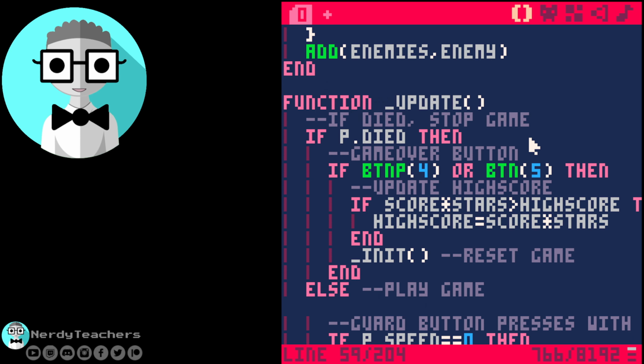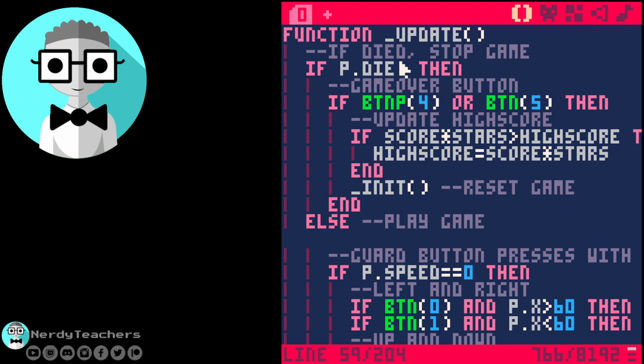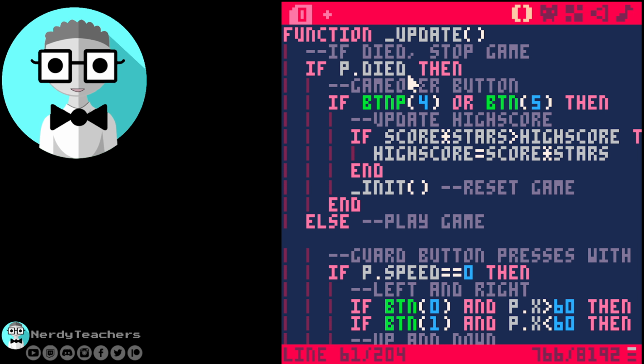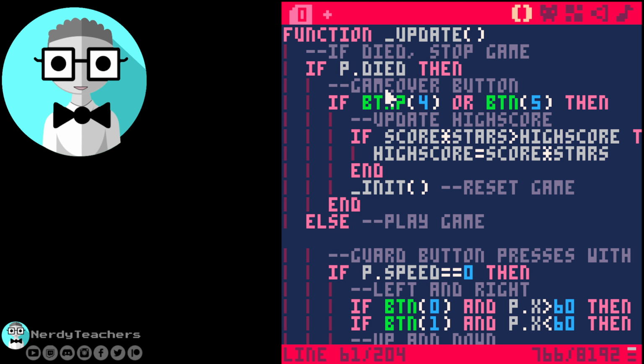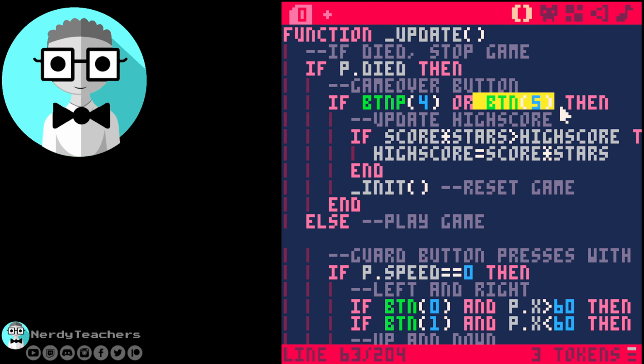Function update. We want to run the update until something triggers the game over scene. The player died variable is that trigger. So inside of update, we will check if the player died, and if that's true, then we will look for the player to press a button to restart the game. So if button press 4 or button press 5, which is X or Z on the keyboard, then we will